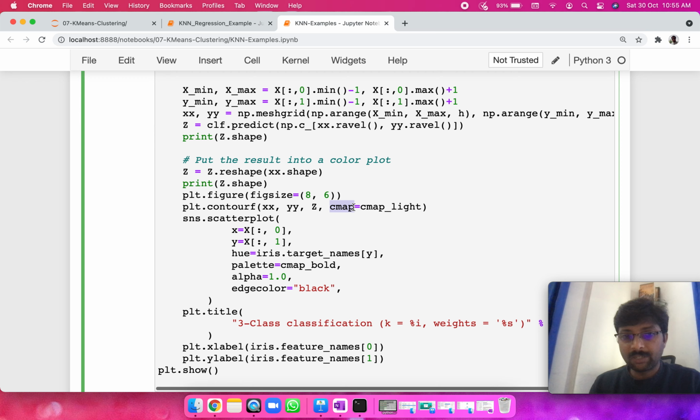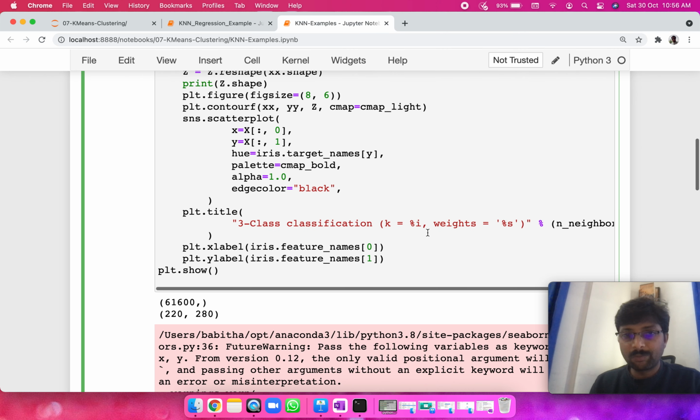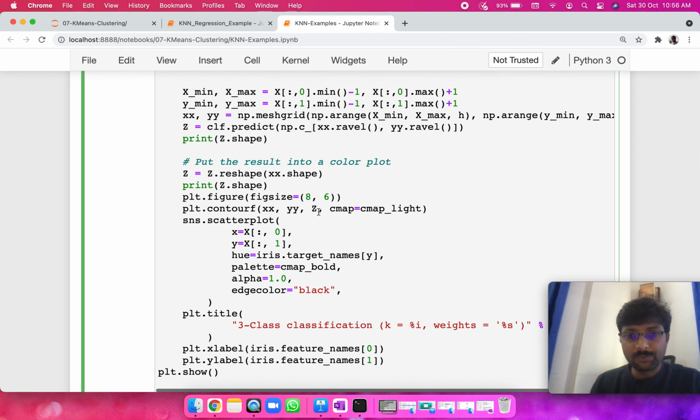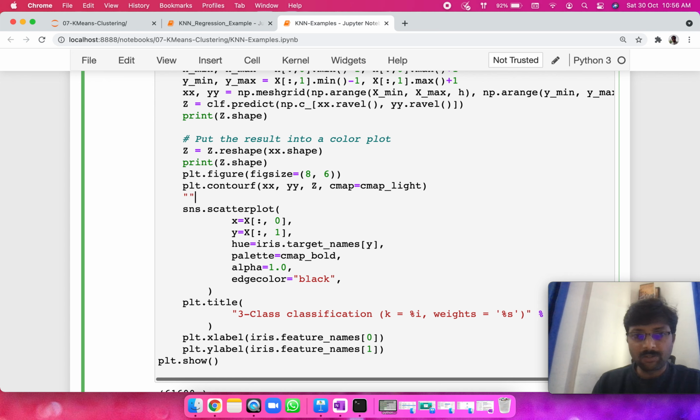Then we are going to pass the color map. The color map here is a listed color map object with 3 different colors, right? So this will index into the color map with these colors, and for each color we'll get one color map object which will be passed here, and they will be used for the respective prediction. So for every unique z value, one color will be used. That is what is going to happen. And when we run this, let me comment this for now for the next steps, and we will see how the graph looks.